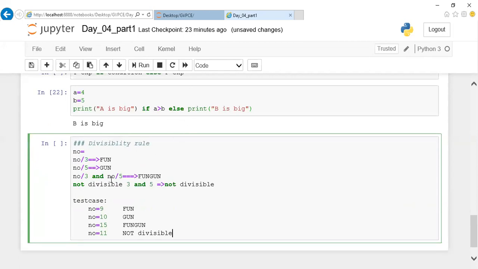Checking divisibility rule. Accepting a number. If the number is divisible by 3, display this output alone. If divisible by 5, the other output. So this is the condition I have given you people.